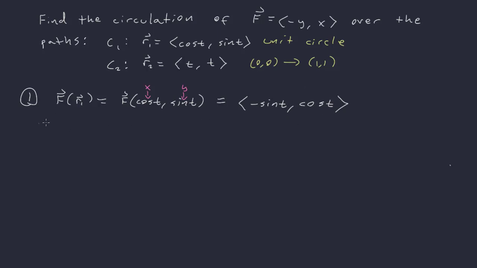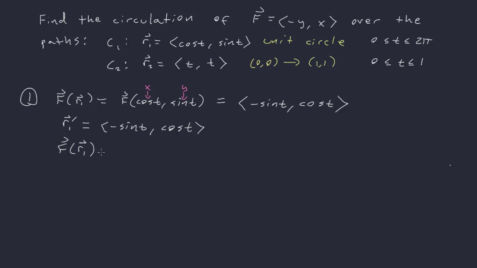Right, then we need r1 prime. Well, r1 prime, if we look at r, it's going to be negative sine t comma cosine t. Well, it's the same thing. And once again, I forgot to give t values here. Sorry about that. I think I just get overexcited. All right, now,